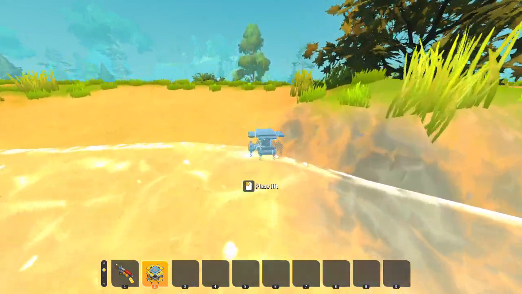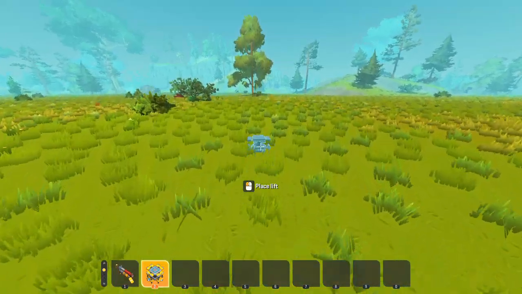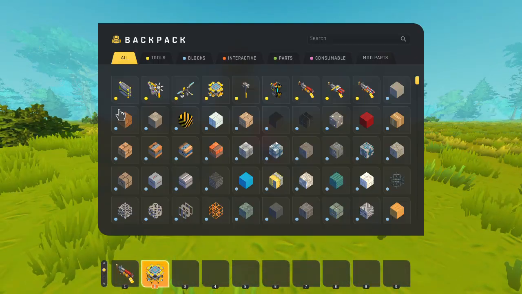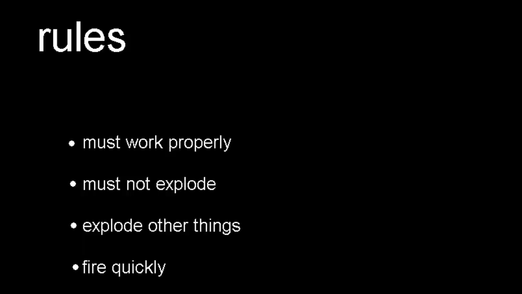So, to put it simply, I want to make an anti-air cannon, or an anti-air vehicle. I haven't done much stuff like this in a long time, and I would like to do it now. So, let's just set some rules before we actually start, since...